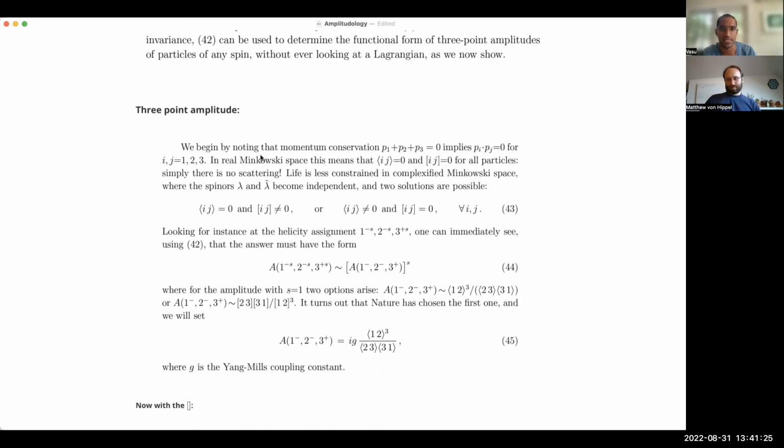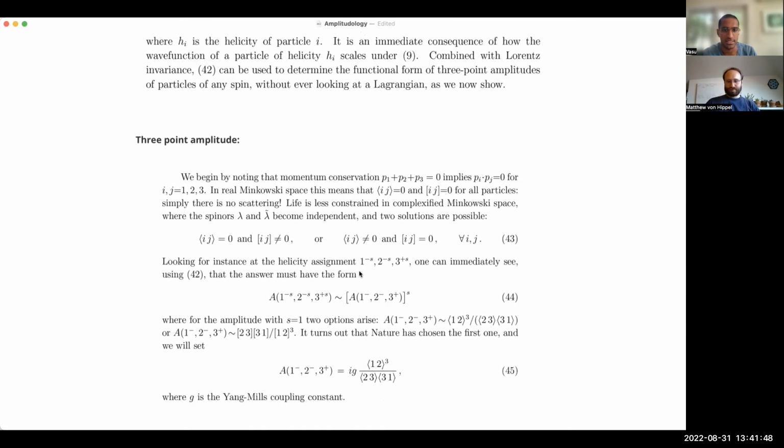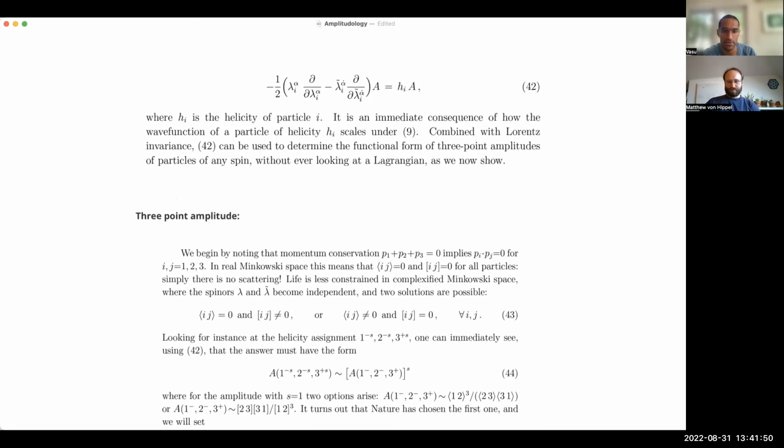However, if we take lambda and lambda tilde to be independent, then there's actually two solutions. Because Pi.Pj is a product of the ij angle and ij square brackets, for that to vanish, we have either that the angle bracket vanishes or that the square bracket vanishes for all i and j. It's pretty cool. Furthermore, we see using 42 that